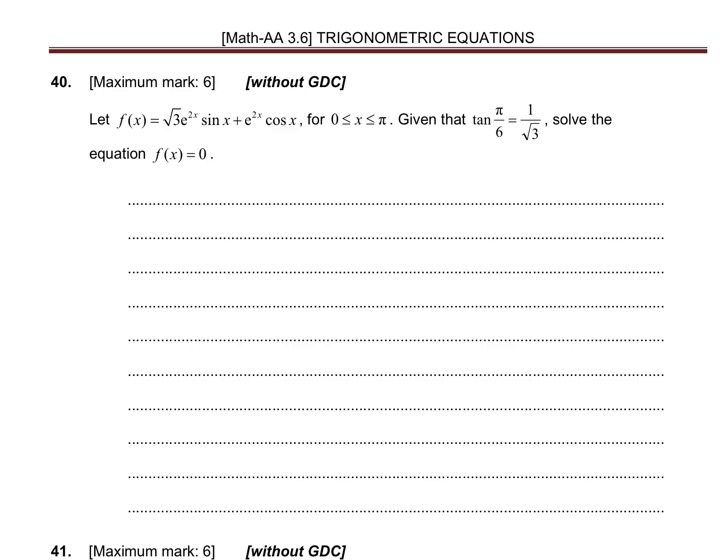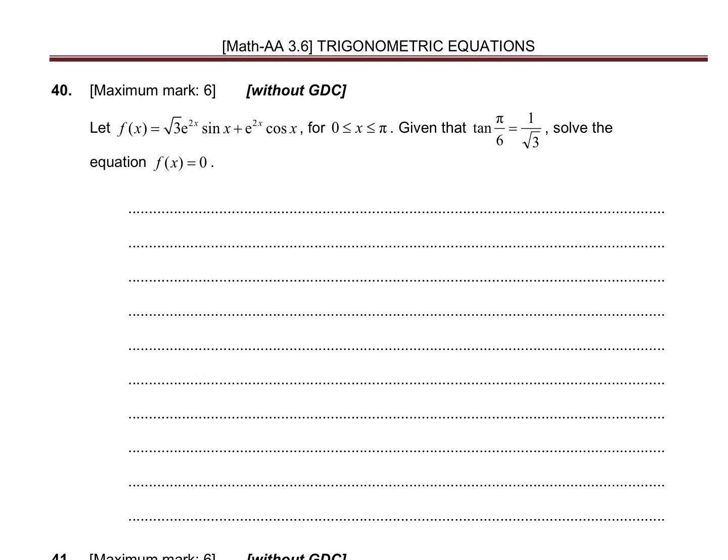All right, 40. We've got this function from 0 to pi, given tangents that, solve that. So if this is equal to 0, we can factor out an e to the 2x for sure. And that's it, actually. So root 3 sine x plus cosine x. So e to the 2x is never 0 because it's exponential. So there's no solution for that, but we can have this bit